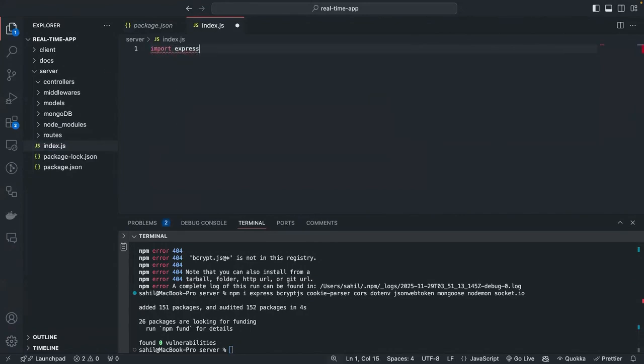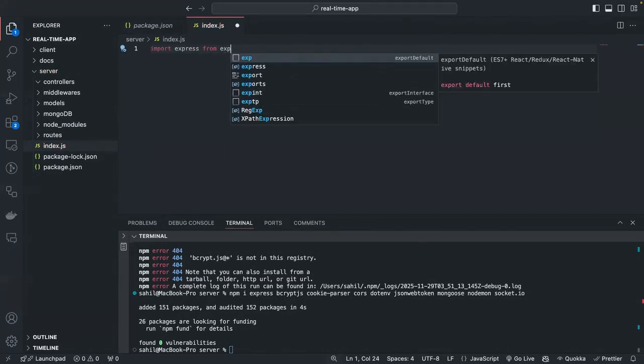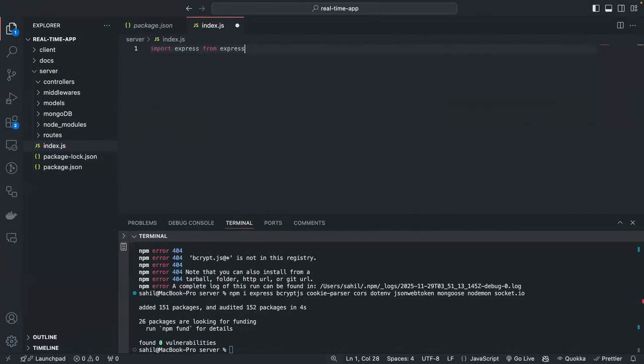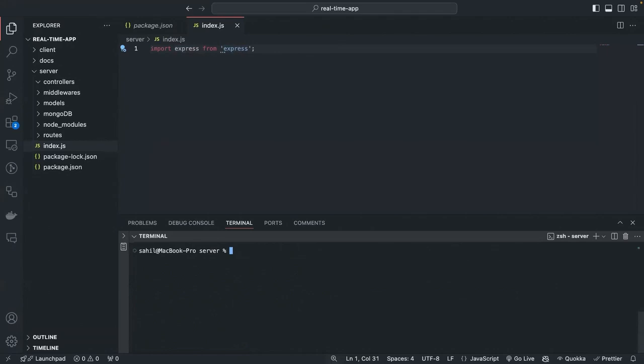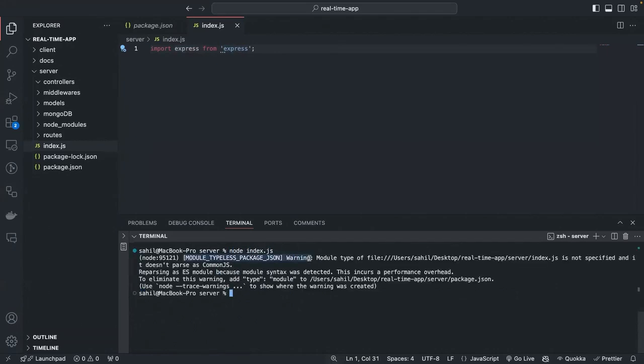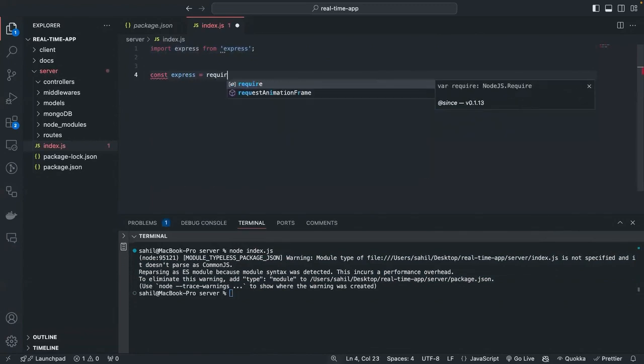And these things are pretty simple, guys. You can go to documentation and you will directly get the syntax. You don't need to remember it, right? And this syntax will not work because, let me try node index.js, because you can see it gives this parsing the CommonJS module error, because this is not CommonJS. CommonJS is when we use require, when we say const express to be require, right? So this would work,